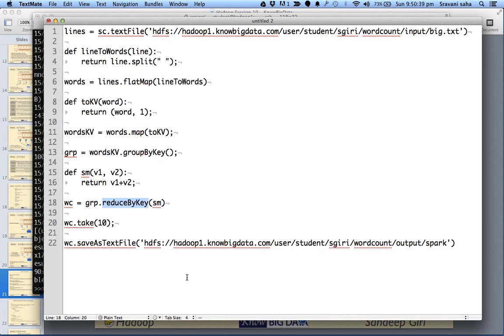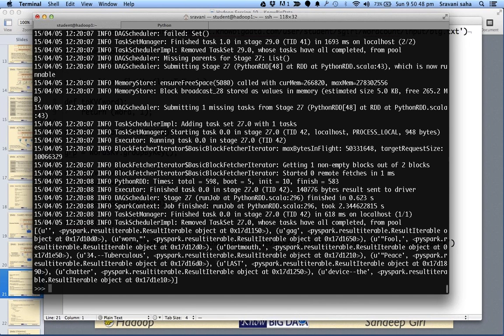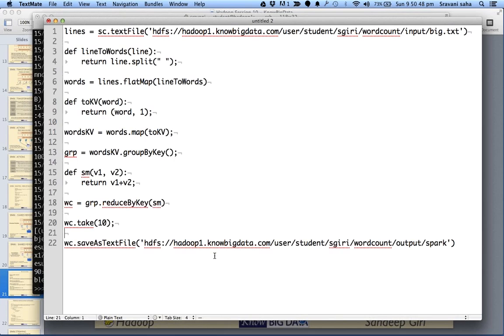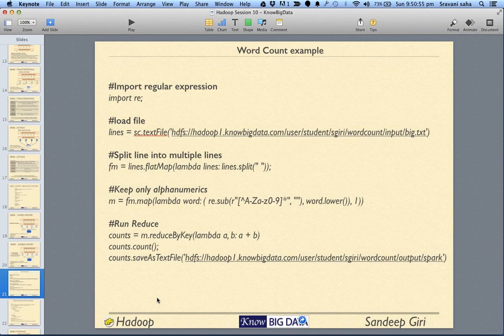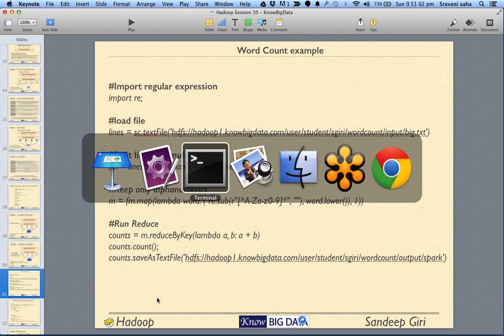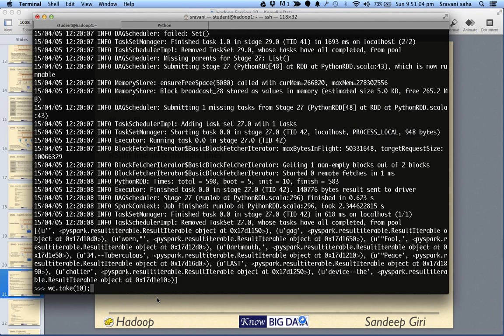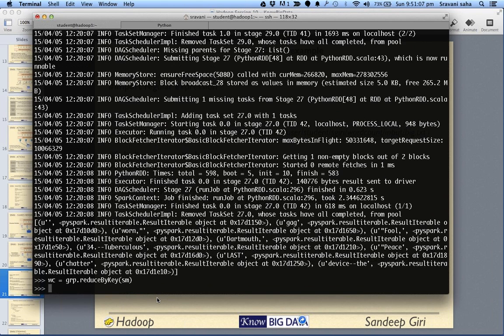Now you can see that this is what we have got. So what did we do? Take 10. All right, but it has not returned anything. Reduce by key. Okay, so this is correct. Did we store it somewhere? Group reduce by key, and the function is there.